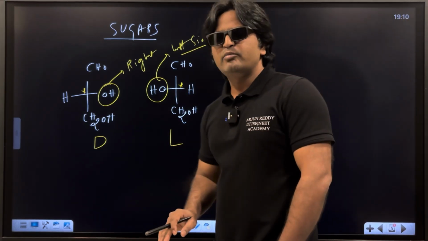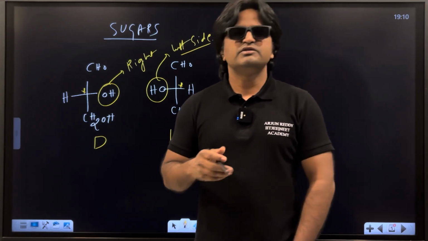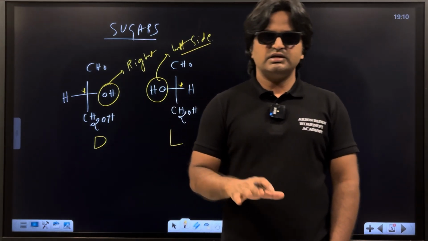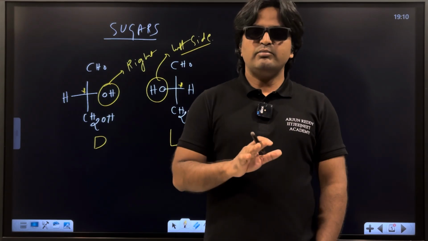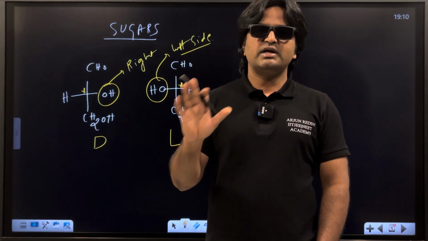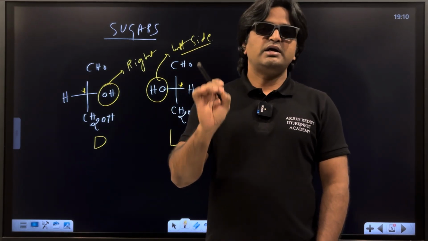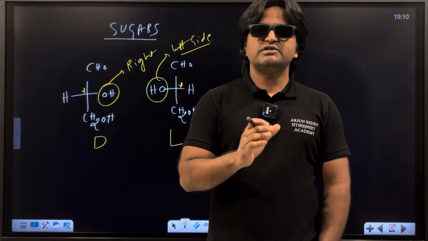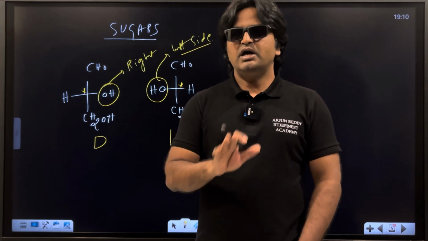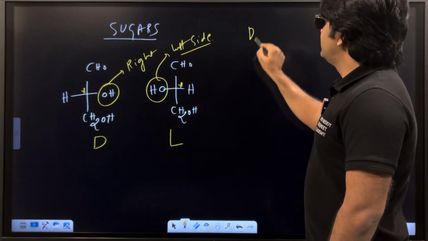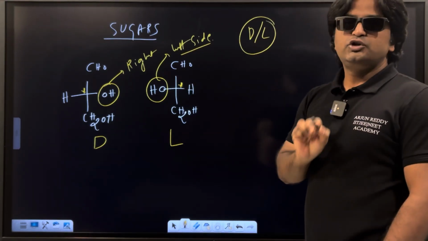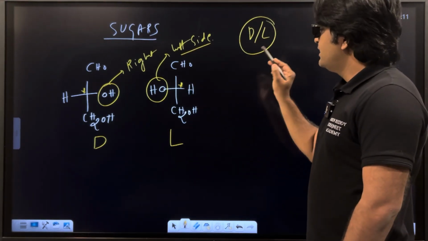Whatever the number of carbon atoms present, like 3 carbons, 4 carbons, whatever the number of asymmetric centers, we are looking only at the bottommost carbon atom. At the bottommost carbon atom, if the OH is on the right side, D configuration, and if the OH is on the left side, L configuration. And you remember this point also, to provide DL configuration,